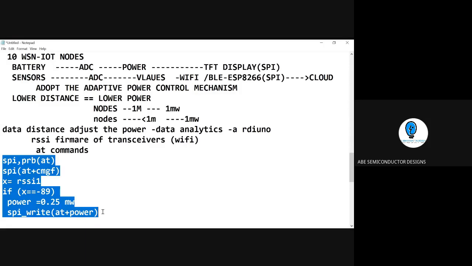So if you can use this kind of a setup, you can really see what is happening in the routing and what kind of routing can take place. Now the simple Arduino is converted into a WSN-based IoT testbed, which is a low-cost testbed that you can implement for this kind of an application. So this is how the Arduino should be utilized.